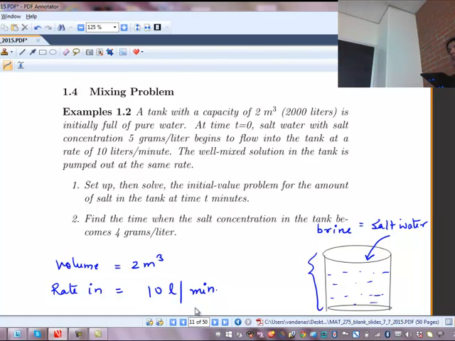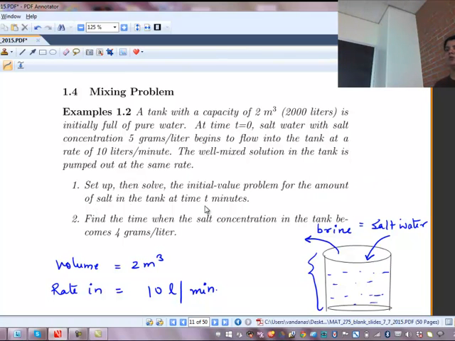Okay. The well mixed solution in the tank is pumped out at the same rate, because you don't want it to start overflowing, so it's going inside and you're taking it outside also. So they are asking you to set up an initial value problem